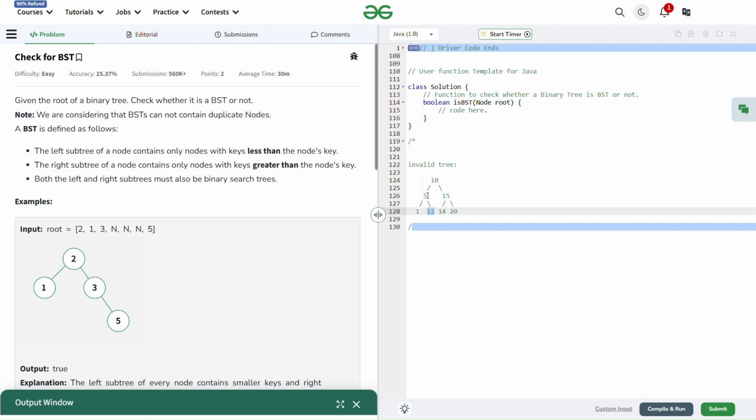We'll see for 15, my left child is 14. Yes, that is right because it's smaller than 15. And my right child is 20, which is greater than 15. So as per the logic, if we check just the children of the current node, we can't solve the problem, because this is an invalid BST. Can you see